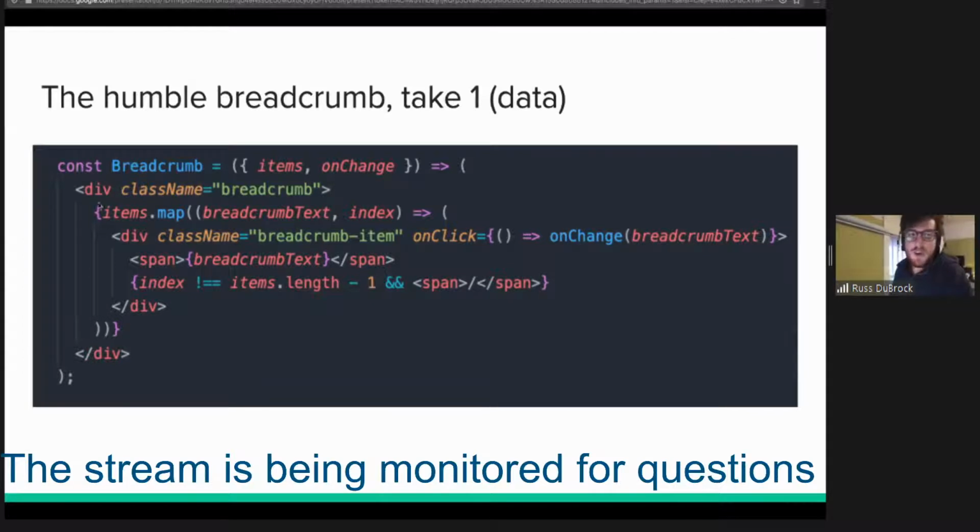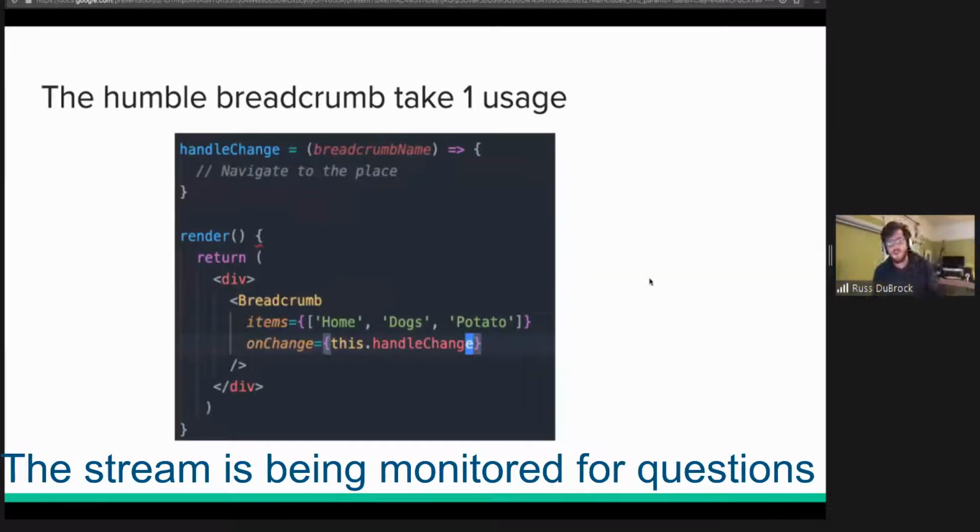Great. So we're going to make a little container for our breadcrumb so we can style the whole thing and how it lays out. And then for each item that gets passed in, we'll render an item that will fire that onChange event when clicked and render the breadcrumb text. In this case, items is an array of strings. So if we look at how our users are consuming this thing,